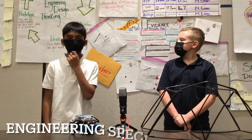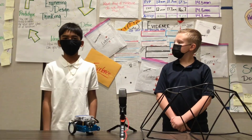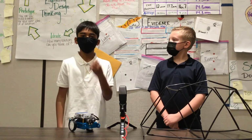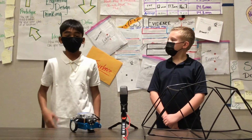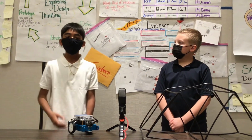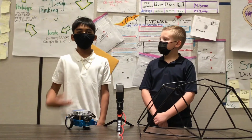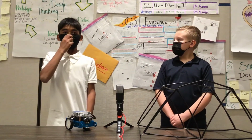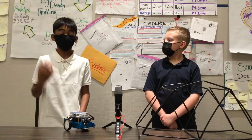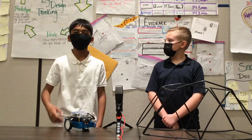Our team built MBOTs because we needed to help find Neff and Young. We also needed to explore the island. We learned how to build an MBOT, and we also learned how to program it. When we were building the robot, it was important to fit the screws properly in the main components, so when we drive it around the island, it doesn't fall apart. When we were programming it, there were some parts of the island that we could not go to, so we needed to program the robot